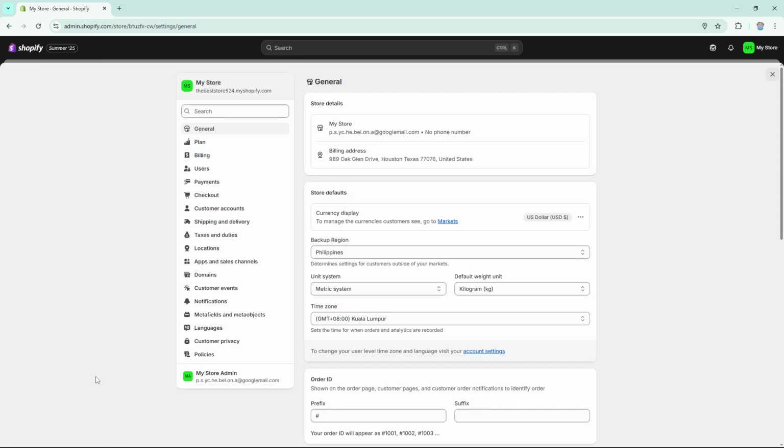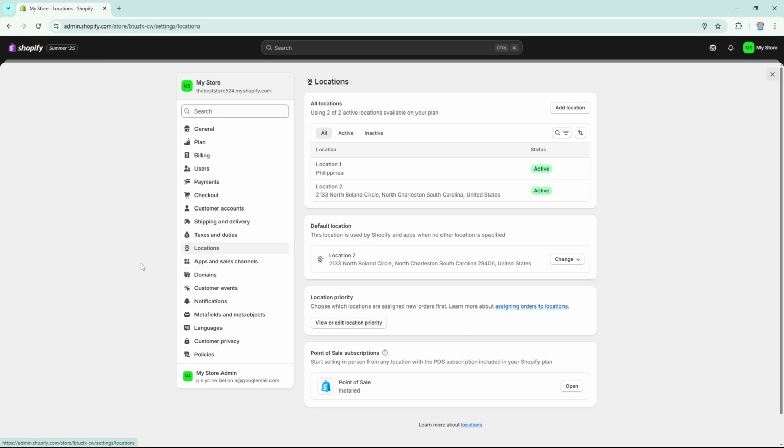Within the settings menu, you'll see a variety of options on the left-hand side. Among these options, look for Locations and select it. This section is crucial because it helps you manage where your products are stocked and how your orders are processed from different locations. Now, as you scroll down within the Locations section, keep an eye out for an option labeled